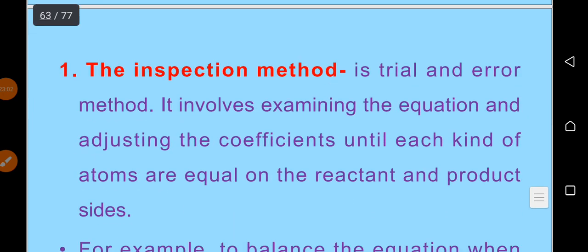So the first one is the inspection method. የመጀመሪያው inspection method ይባላል። Inspect ማለት try and error ማለት ነው፣ ቼክ ማድረግ ማለት ነው። ኢንስፔክት ማድረግ፣ ለምሳሌ ኢንስፔክተር ስንል